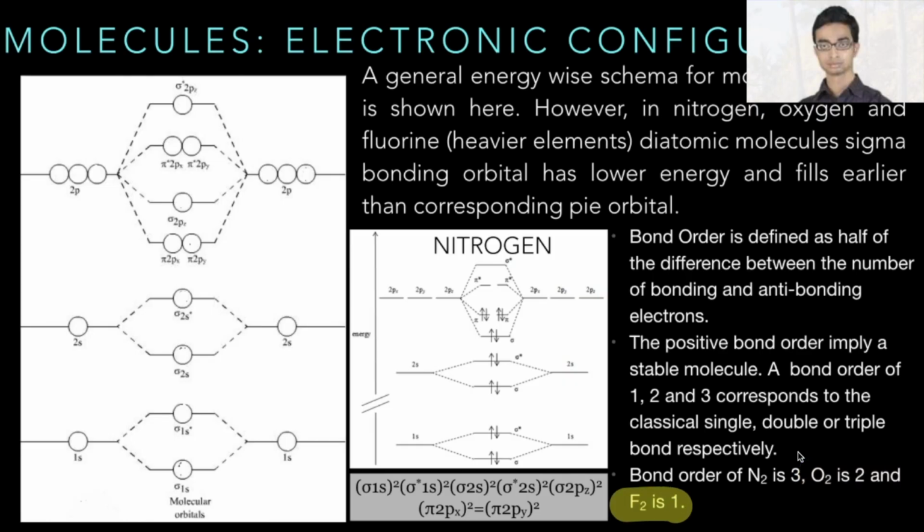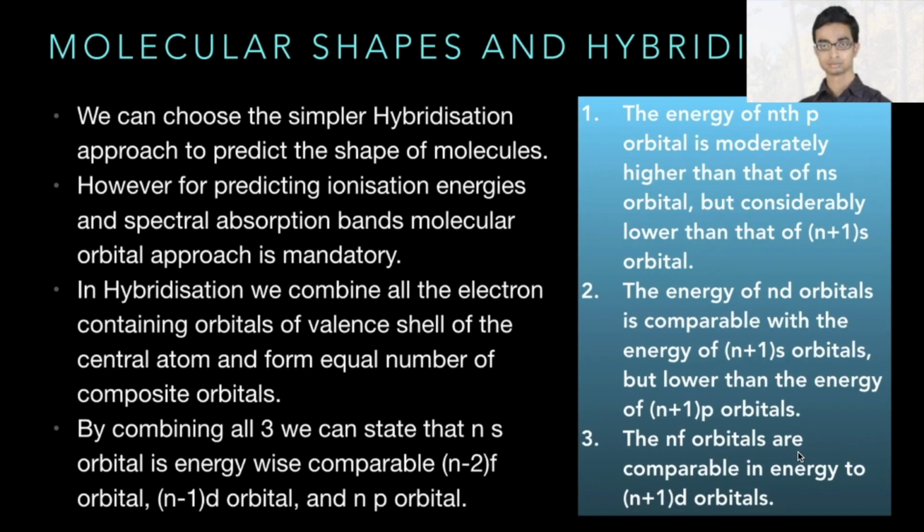A zero or negative bond order implies an unstable molecule. There is no classical analog of fractional bond order. For example, NO has a bond order of 2.5. Molecular orbital theory can be further extended to explain polyatomic heteronuclear molecules as well, and it is more appropriate for